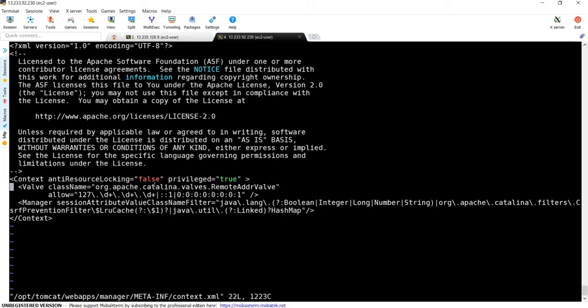So if we comment it out, it allows from outside as well. Go to insert mode to edit this file. To comment a line in Tomcat, it starts with less than, exclamation mark, minus minus, and also ends here with minus minus, close. That's it.